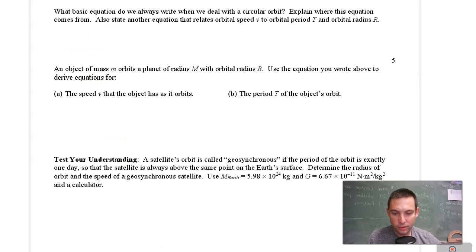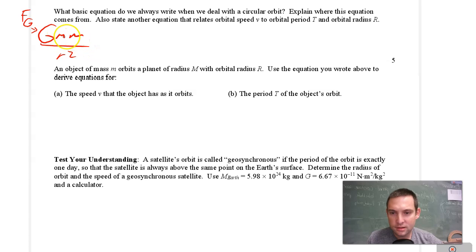What basic equation do we always write when we deal with a circular orbit? Explain where this equation comes from. Okay, so the basic equation that we always write is we relate the gravitational force to being the force that causes the circular motion. So we have GMm over r squared, which is Newton's law of universal gravitation,